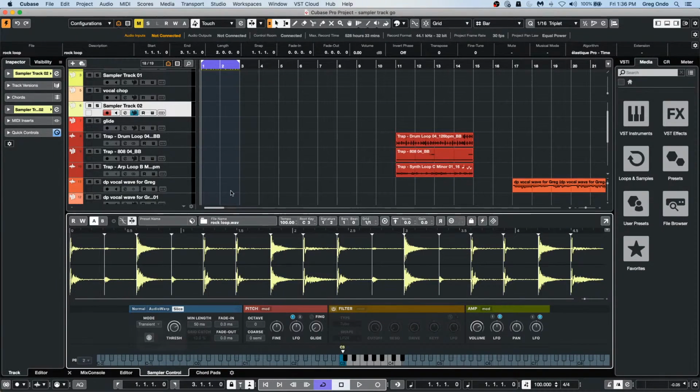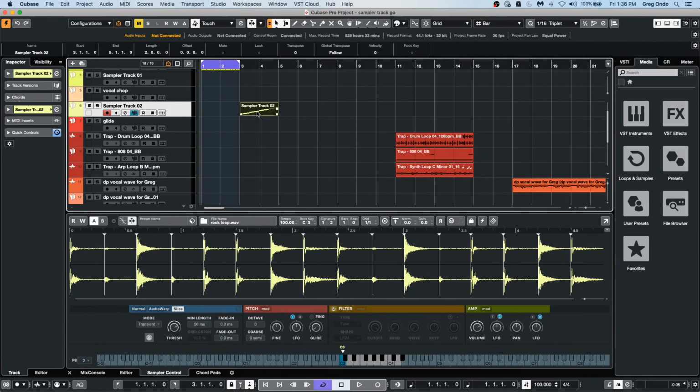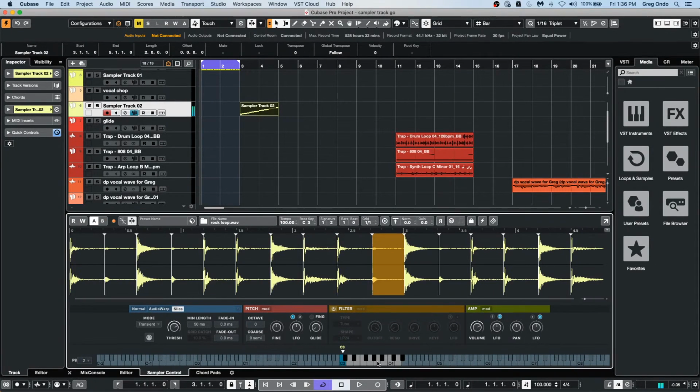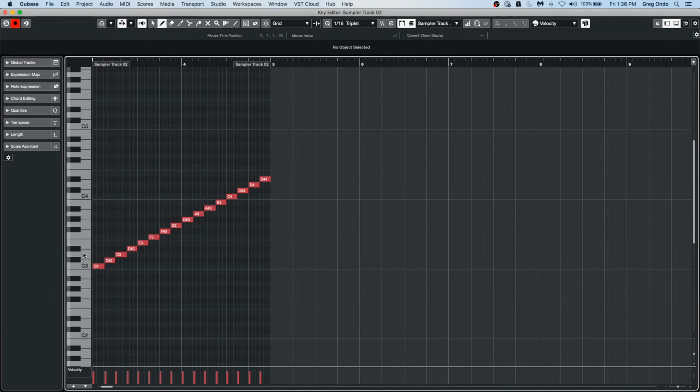So as I wanted to drag this out directly to my sampler track, each of the slices are now triggerable directly there. And if I wanted to take this particular sample part and change up the pattern,